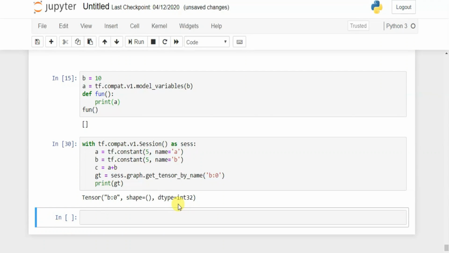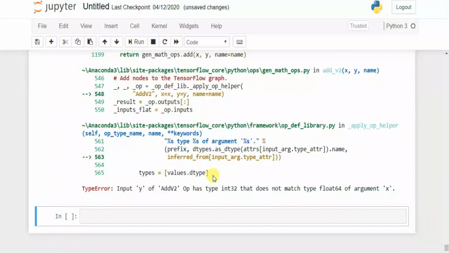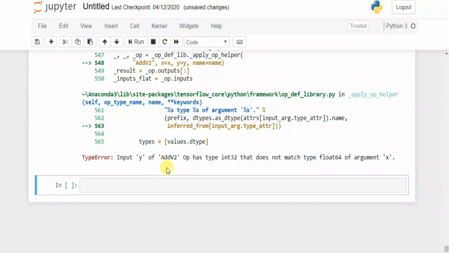Let's try to change the data type of a. So let's say the type equal to tf dot float 64. Okay, so let's print the a. We got an error, input y of add y. Okay, we got a summation problem in here.